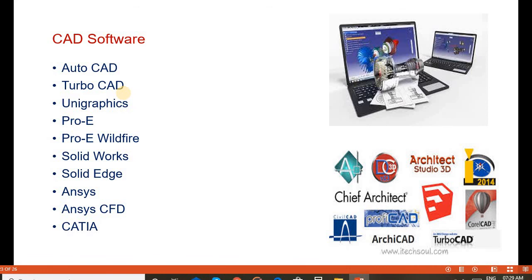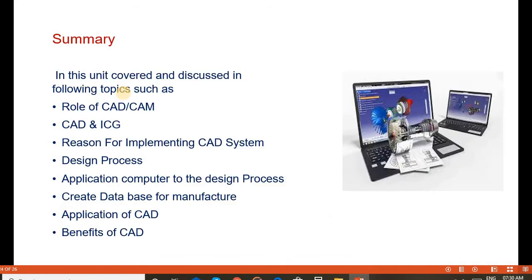These are the CAD software used for 2D drafting, 3D modeling, and analysis. These commercial software help in designing each and every product, component, and machine element.